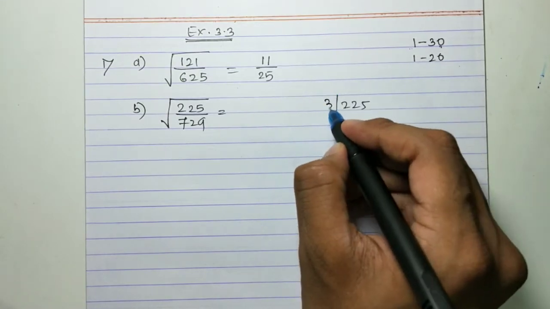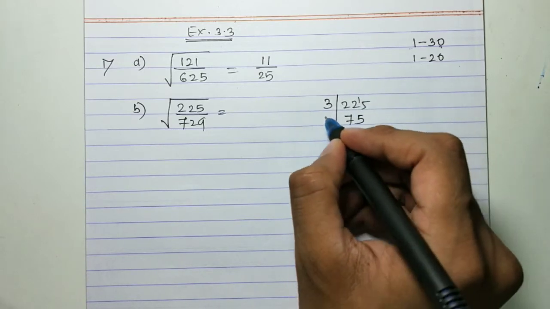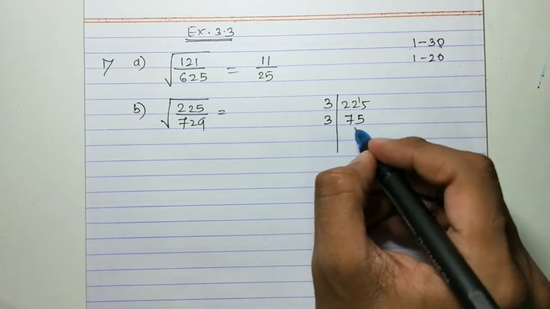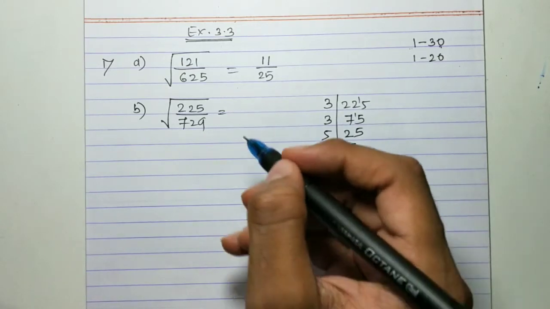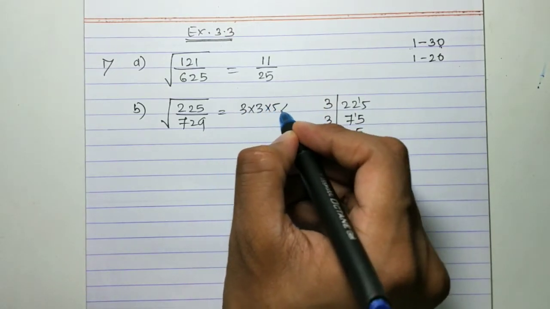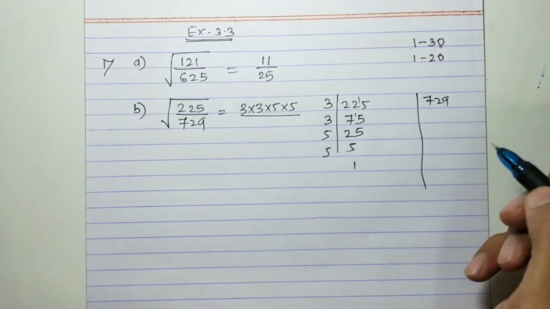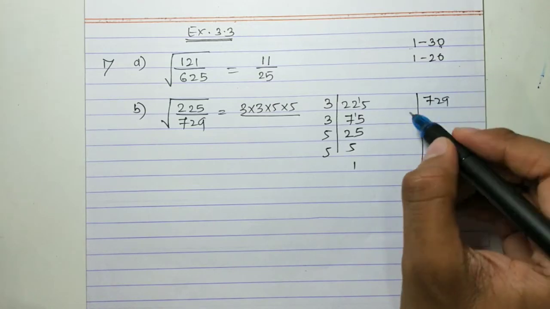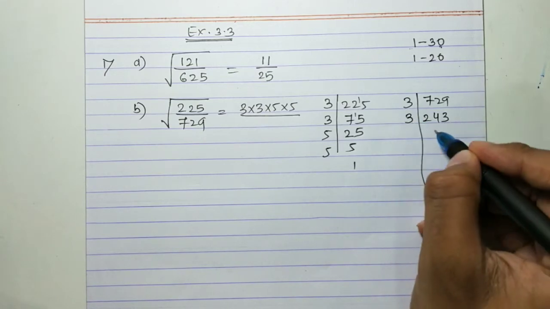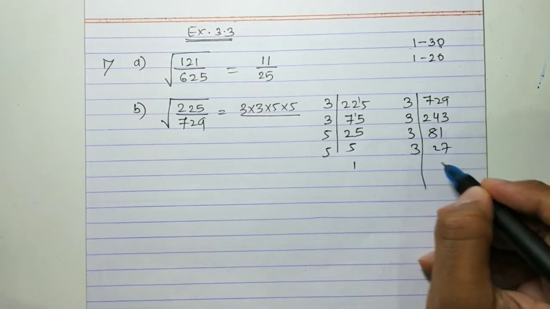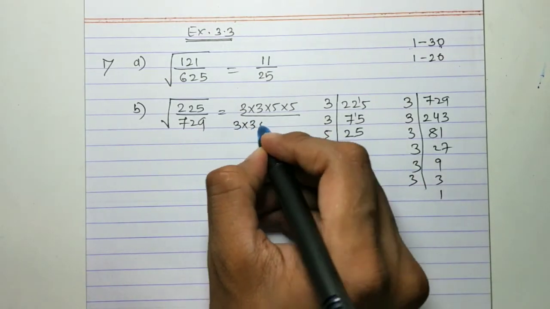That is, this is divisible by 3, so 3 7s are 21, 1 carry, 3 5s are 15, then 3 2s are 6, 15, 3 5s are 15, 5 5s are 5 1s are. So you are getting 3 into 3 into 5 into 5. Okay, if you try 729 prime factorization, if you don't know the square directly, it will go by 3. Okay, so 3 243s are, then 3 81, 3 27, 3 9, 3 3, 3 1. Okay, so your answer will be 6 times 3,